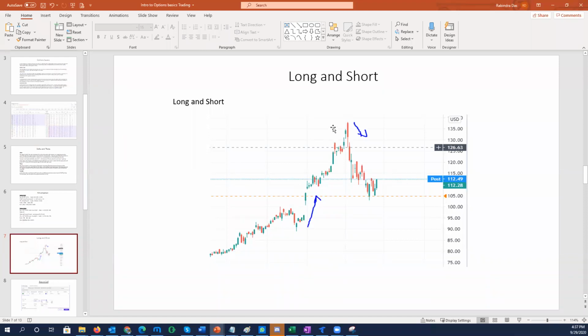As long as you didn't sell it, your position is not closed. That means you have not completed the transaction. You are still open. So you bought at 105, you are still holding, and you sell it at 135, your transaction is complete. Buy and sell, the transaction is complete, you realized your profit. And when the stock is going down, that is called short. If you are doing the right analysis, you can short right here.